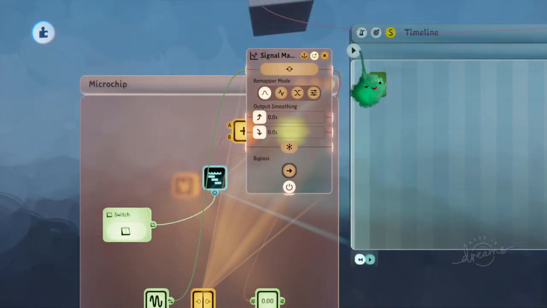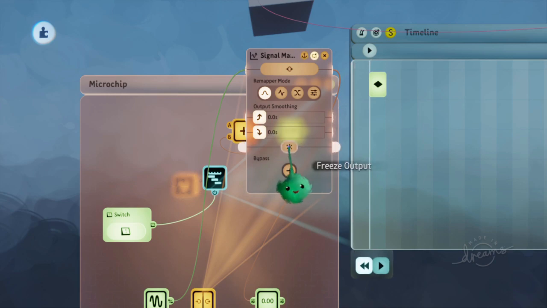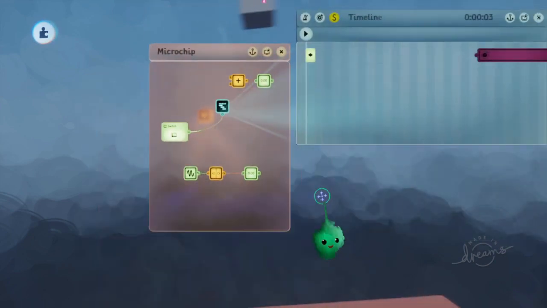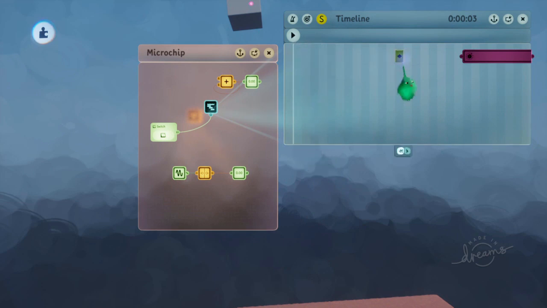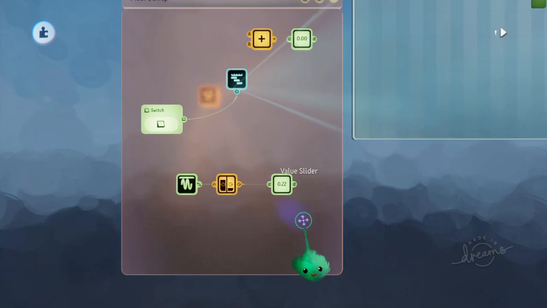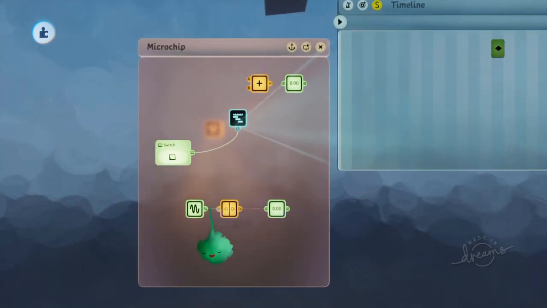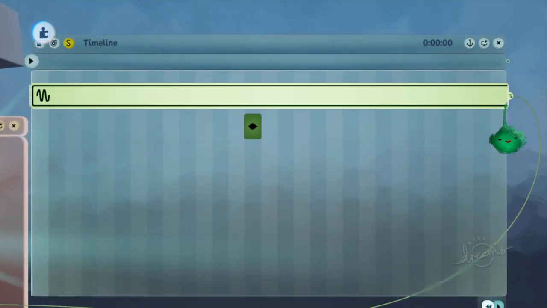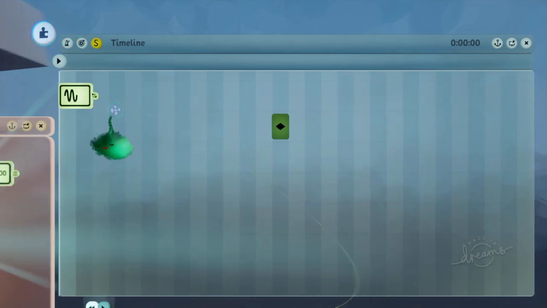So normally it's off, and then when it gets to this keyframe, it will turn it on. And we can just turn that to keep changes. So let's just see if that works if we put it back there. So now it's locked in forevermore like that. But we don't actually need this to keep on running after it's frozen. So if we put that into the timeline, then we can have that last for